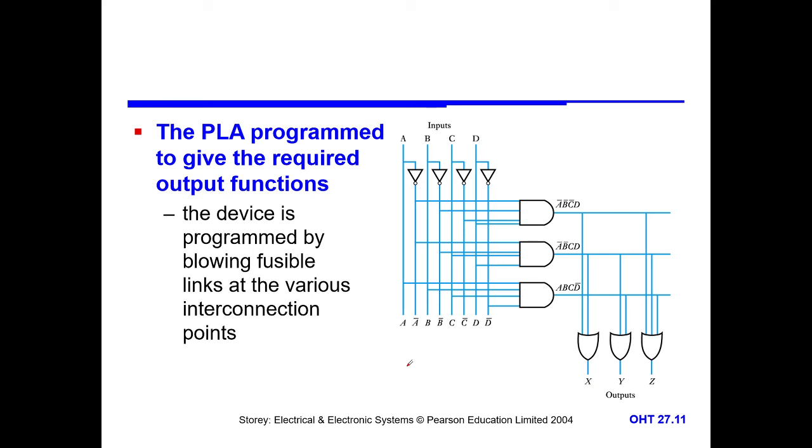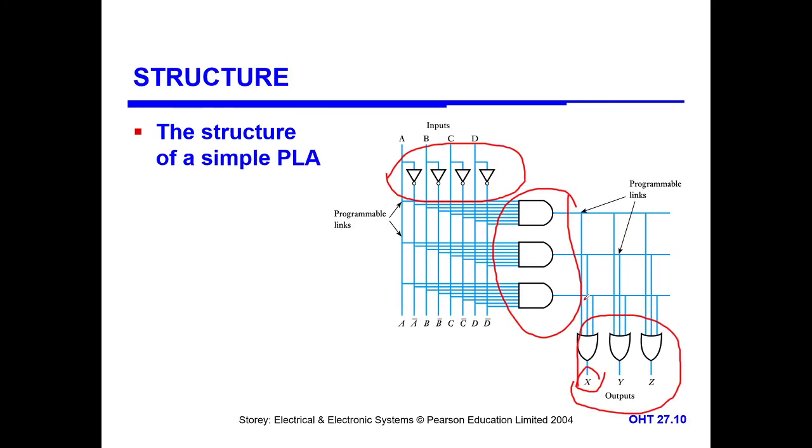PLA. So this one required things. See this one. What we require to have, X is equal to A bar, B bar, C bar, D; A bar, B bar, C, D; A, B, C, D bar. So in the previous case, we have used all the things and connected, and wherever that is one is there, that is only